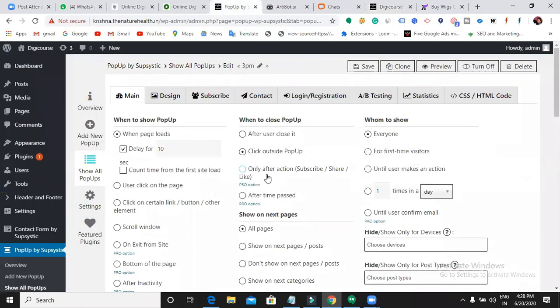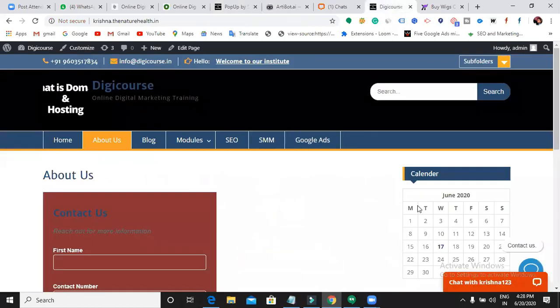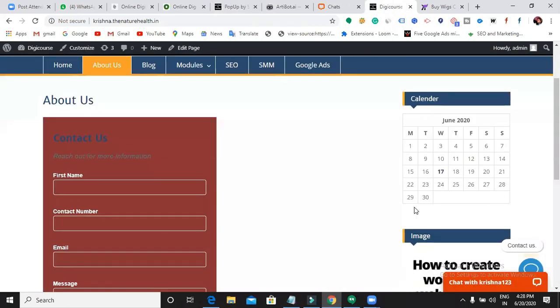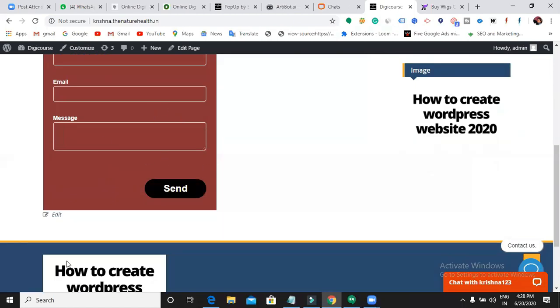But here, people go with the premium options for actions, like when someone clicks on a video or subscribes or submits your contact form. If you want to show the pop-up when someone makes any action, again you have to go with the premium. I told you already, right? With the free plugins you can only use a few free options. If you go with the premium plugins, you will be able to use a lot of options. But don't worry, at the beginning stage you have to use only the free plugins. Never go with the premium, it's not required.